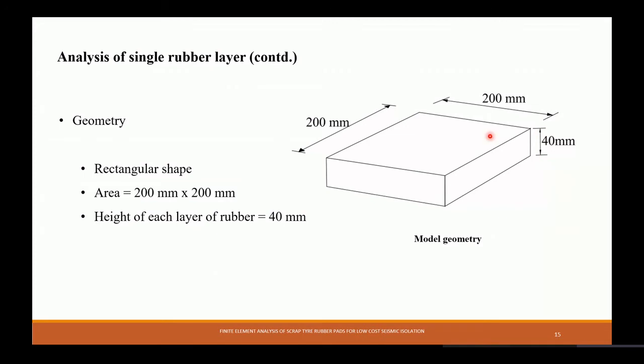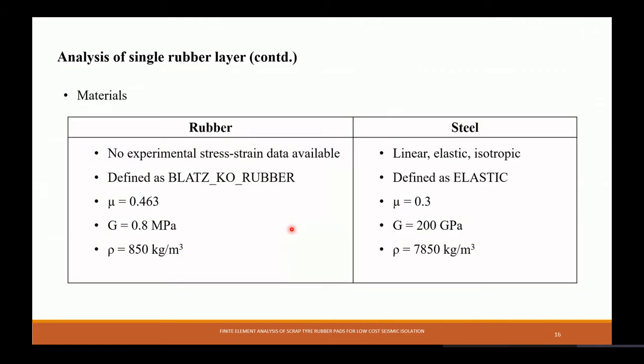The analysis was done in multiple steps. We know that a single rubber layer thickness is between 20 to 25 mm, but we wanted to see how the same thickness of a single rubber layer affects the result, and how much stiffness the introduction of steel shims changes in the vertical direction. So we considered a single rubber layer, although this is fictitious. This is not a specimen that we produced or tested. This is just to study the characteristics. So we considered a single rubber layer instead of a double rubber layer, of 40 mm thickness.